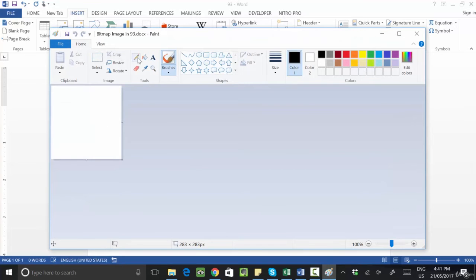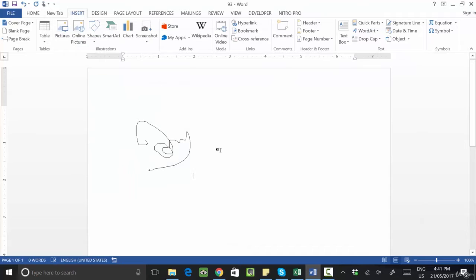Let's say I want to generate signatures. So I will select the pencil and generate some signatures like this. Now click close. You will see the picture come in, and your signature will display in object format. Is it clear? Okay, suppose you want to bring Excel.